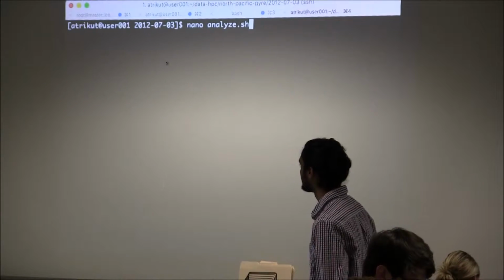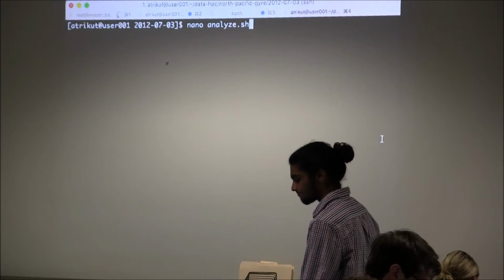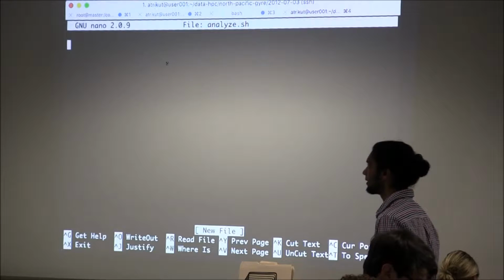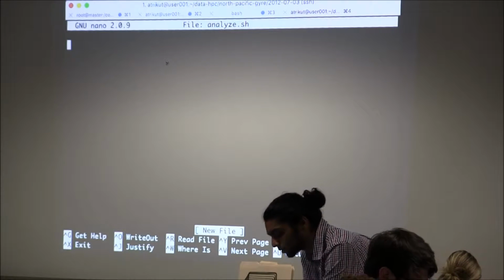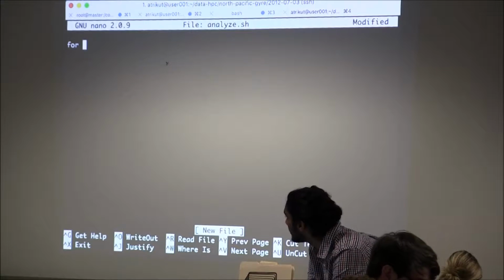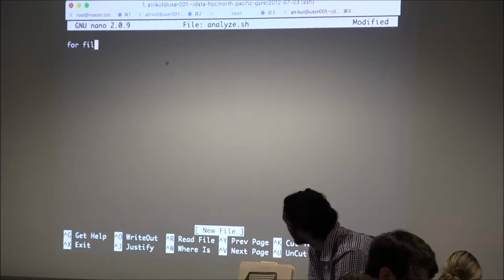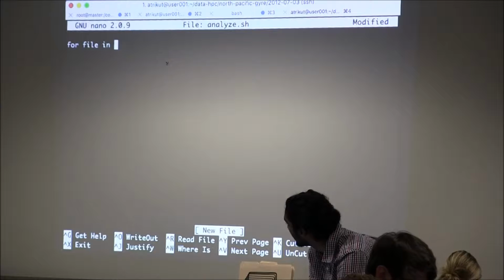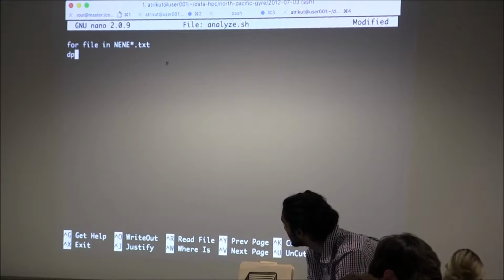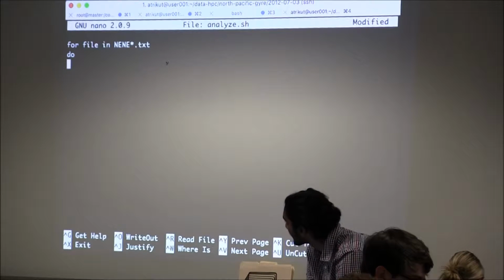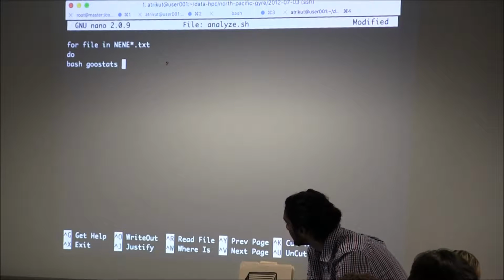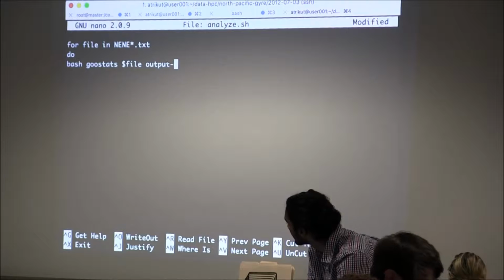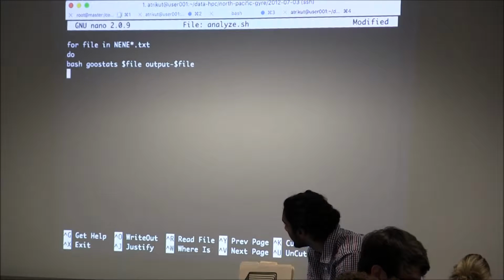We use these terms interchangeably, and the shell is just what you're using right now. And within this file, you can have some Unix commands that you want to run, and we'll just put our loop here. So for file in any star.txt, do bash stats file, echo